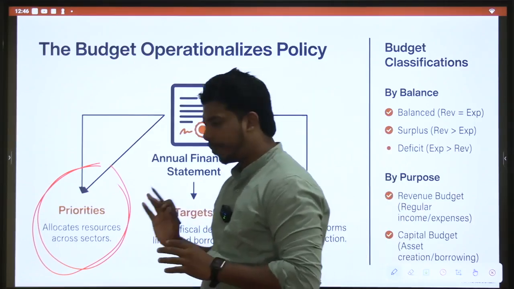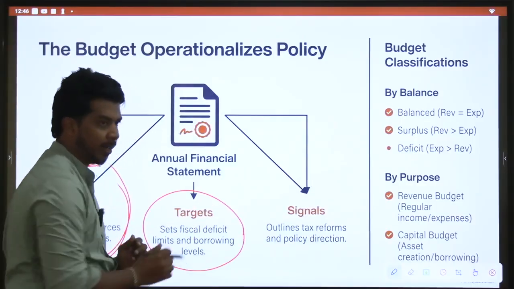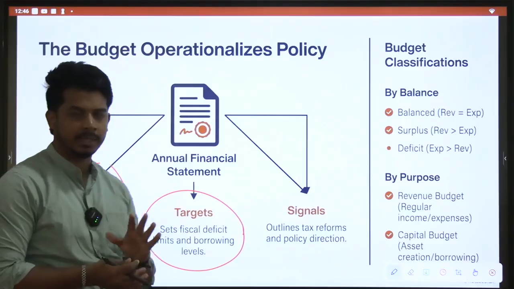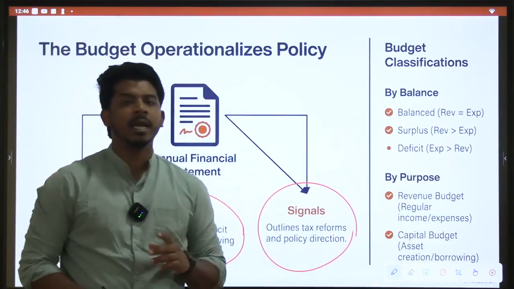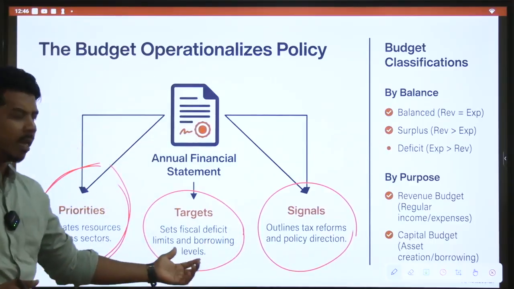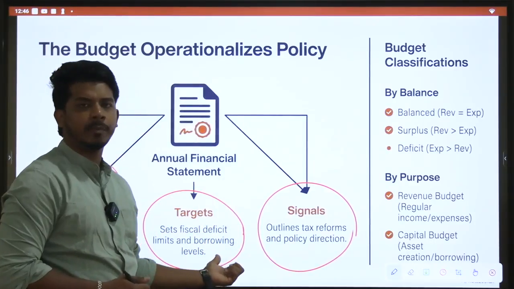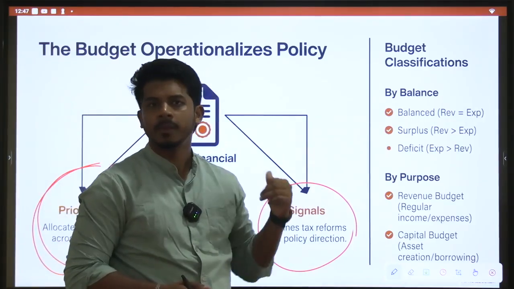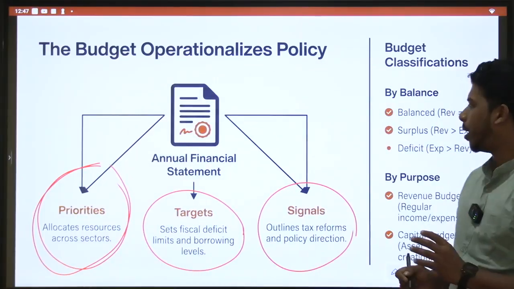After priorities, you need to set some targets, because you need to be disciplined. Any disciplined person or a country needs to set some targets. You need to give a clear signal to the people that I am trying to be disciplined. I am also taking care of my requirements. Then I will also follow the economic discipline, and this will be my future policy. You are announcing to the future investors. So this is how fiscal policy operates.